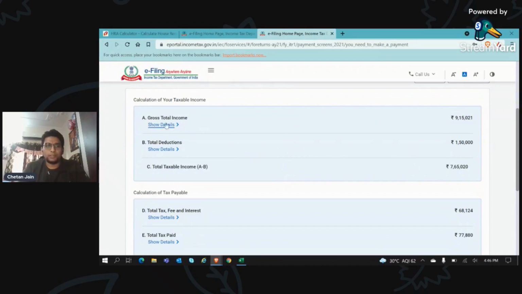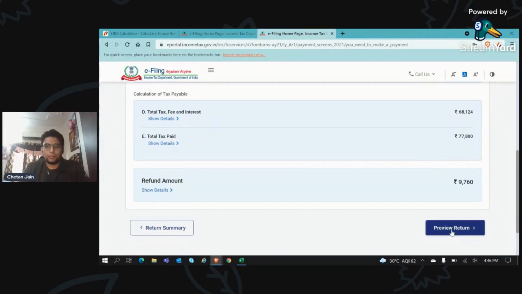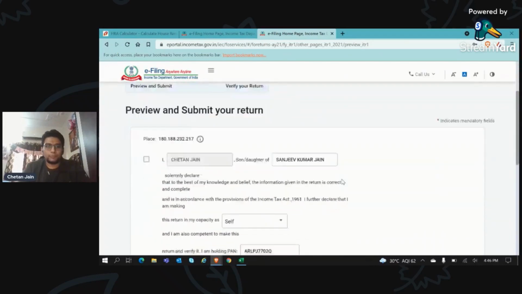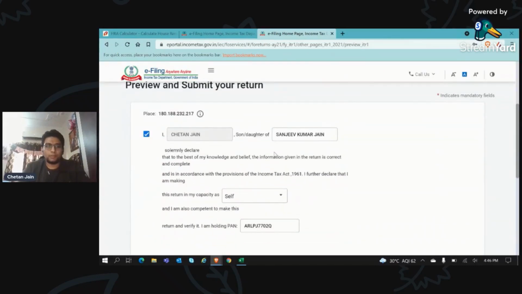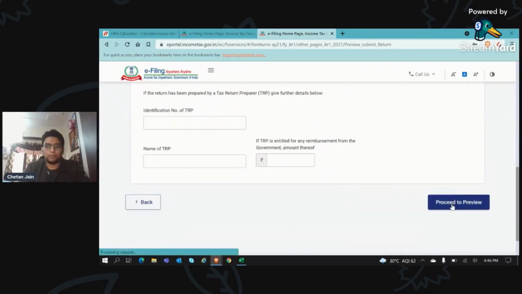Here you can see the default values which you already filled, and you can see over here preview return. So yes, you are declaring whatever value you have filled, that is correct as per your knowledge.